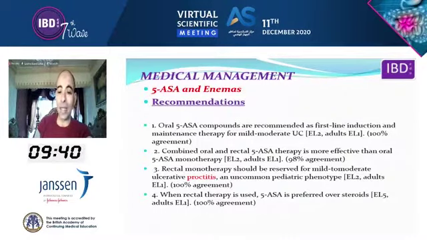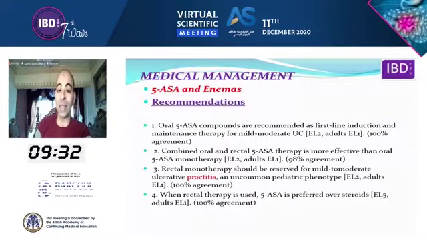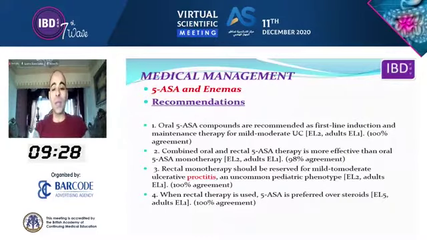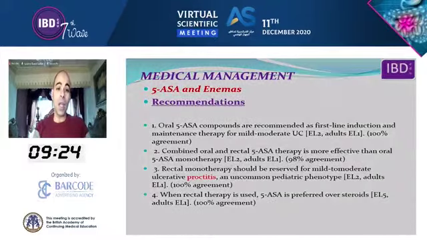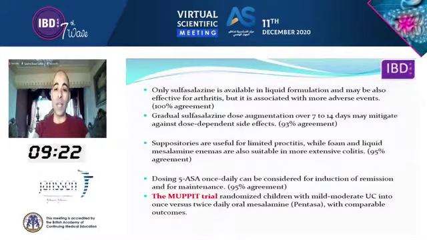Combined oral and rectal 5-ASA is more effective than oral 5-ASA monotherapy. Rectal monotherapy should be reserved for mild to moderate ulcerative proctitis, which is uncommon in pediatrics. When rectal therapy is used, 5-ASA is preferred over steroids. Only sulfasalazine is available in liquid formulation and can also be effective in case of arthritis, but as we know, we have